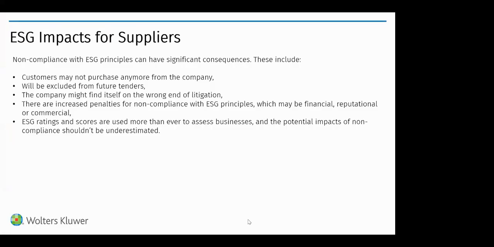Okay. So some of the impacts for suppliers. Basically, you need to be aware of how it impacts you as a supplier to another company, right? Because customers may not purchase from the company anymore if they're not doing ESG reporting, as I mentioned with the hotel industry and with the suppliers in Europe. And we are seeing that happening more in Australia. You can be excluded from tenders, especially, it wasn't just for the hotel industry, but we're hearing this more and more, where companies aren't actually being allowed to tender because they can't